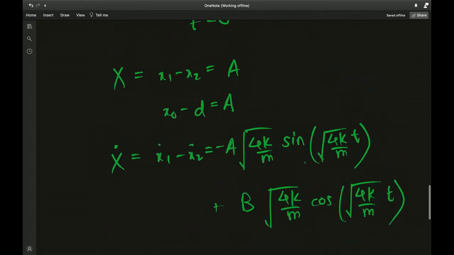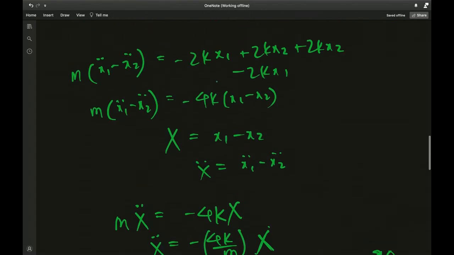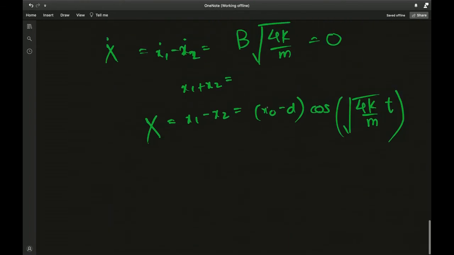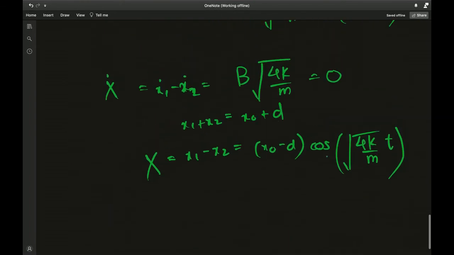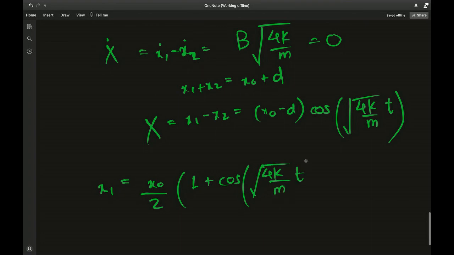We have an expression for x1 plus x2. We calculated that above. Yeah, x0 plus d. And we have an expression for x1 minus x2. These are like classic linear equations. We can solve them simultaneously to get x1 is just x0 over 2 times 1 plus cosine of square root 4k over m times t,